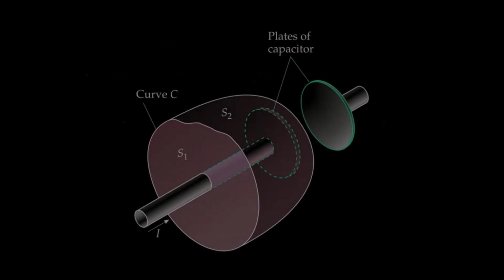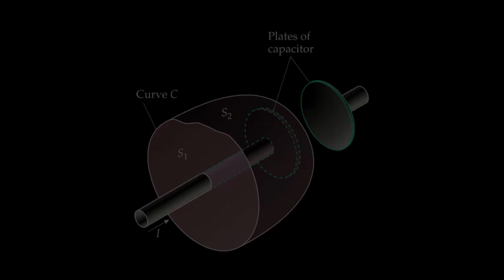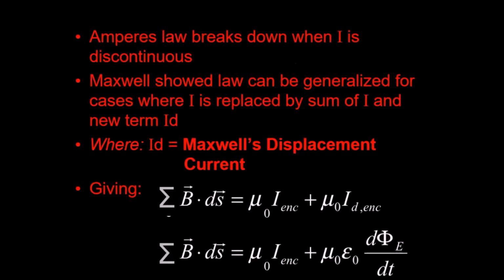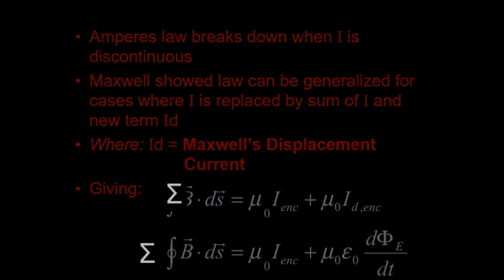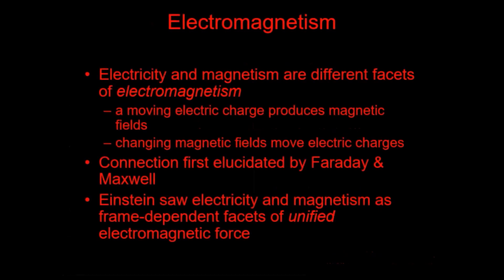And it was Faraday's experiments that kind of showed this, and showed that Ampere's law breaks down a little bit. Ampere's law is not perfect for systems such as the ones that Maxwell and Faraday were discussing. And this is where Maxwell's equations come from. And there they are, essentially different versions of Gauss's law for magnetism and Ampere's law for electricity combined together. And it's really those equations that dictate how electricity and